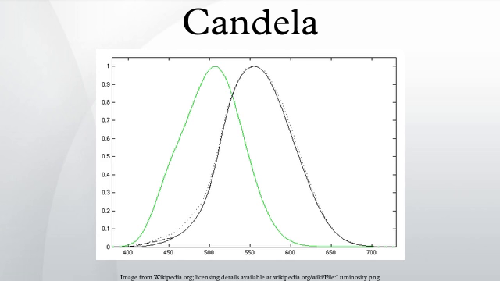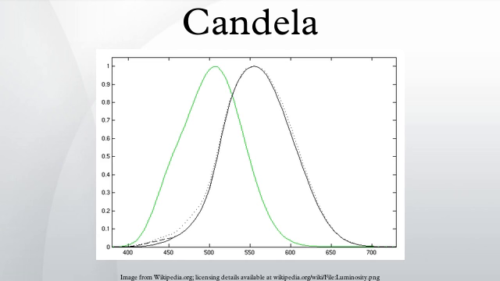Definition: like most other SI base units, the candela has an operational definition. It is defined by a description of a physical process that will produce 1 candela of luminous intensity. Since the 16th General Conference on Weights and Measures (CGPM), in 1979, the candela has been defined as: the candela